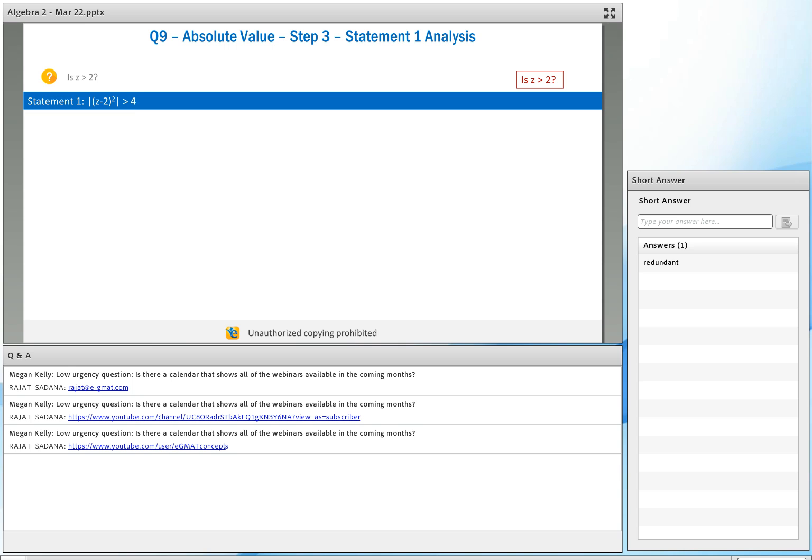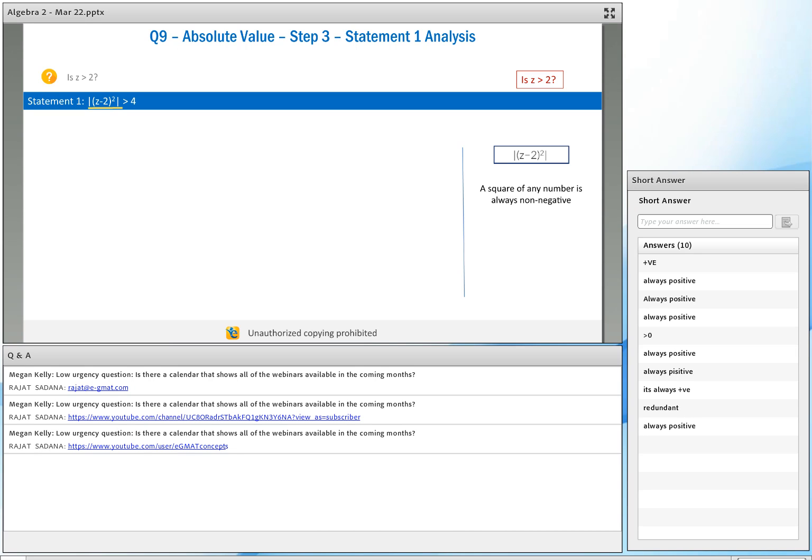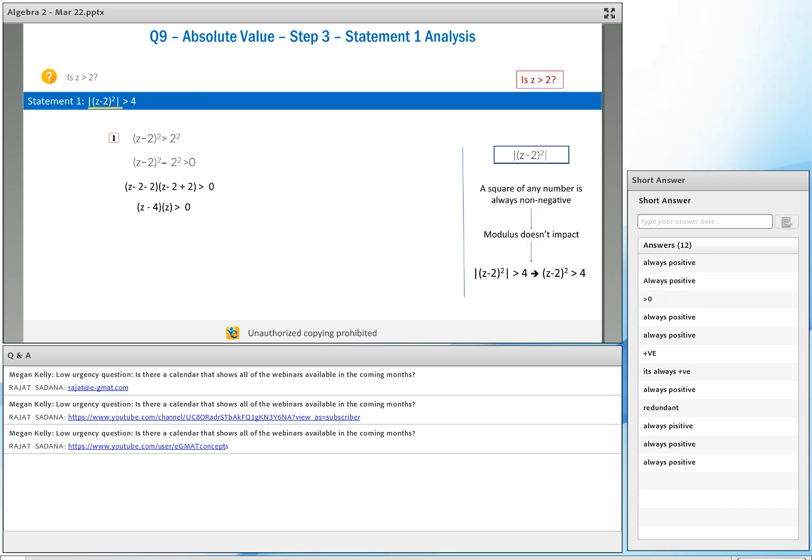What do we know about a perfect square? The modulus is redundant. What do we know about a perfect square, though, just to arrive at that conclusion? It's always positive. So the square of any number is always, I wouldn't say positive, it's always non-negative, which means the modulus has no impact. So essentially, we can really say that z minus 2 whole square